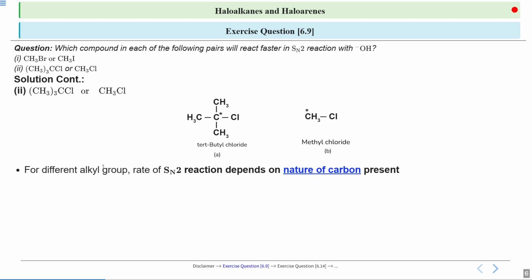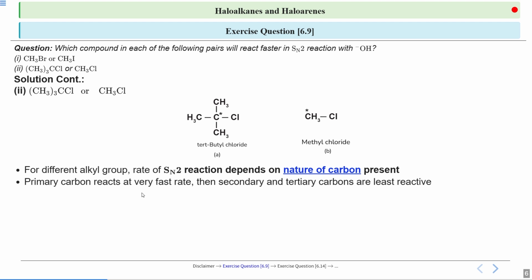Now, if you have different alkyl groups in your molecules, the rate of SN2 reaction will depend upon the nature of the carbon that is present, because the alkyl groups are different. The chlorine is the same, but the alkyl groups are different. So, what is the nature of the carbon to which your hydroxyl ion, your nucleophile, is going to bond? The nature of the carbon will determine the rate of the SN2 reaction. The primary carbon reacts at a very fast rate, then secondary or tertiary carbons, and tertiary carbons